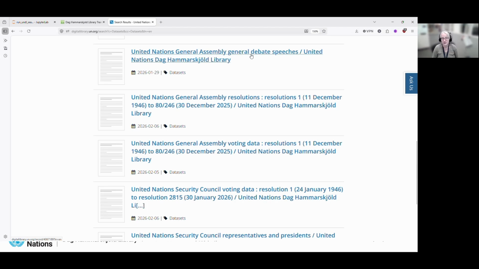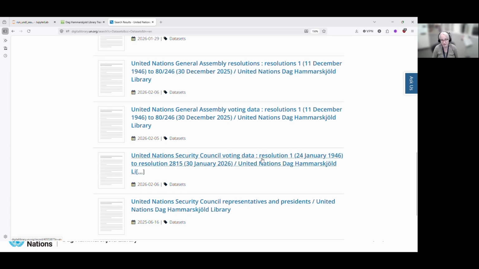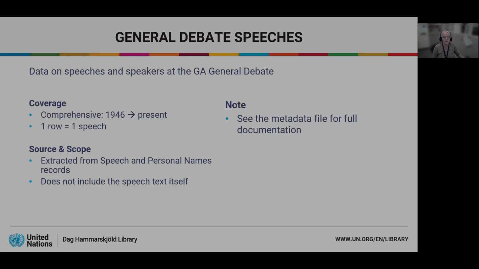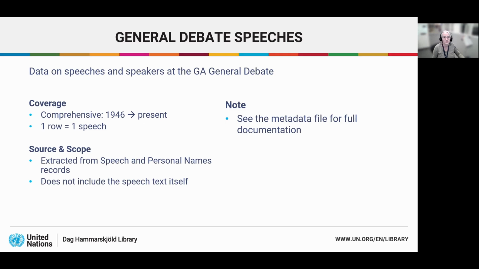the General Assembly General Debate speeches, which we were able to complete recently from 1946, and the list of resolutions of the GA, the voting data of the GA, the voting data of the Security Council, and a list of Security Council member state representatives and presidents. I'm going to show you a little more about that. Now we will dive more into some of those data. I will start